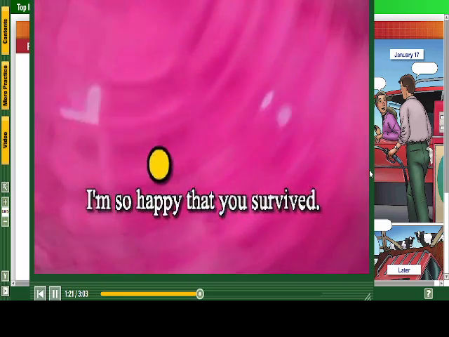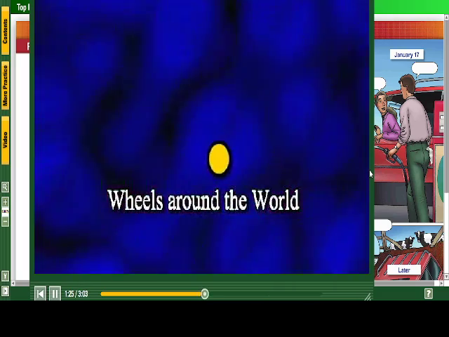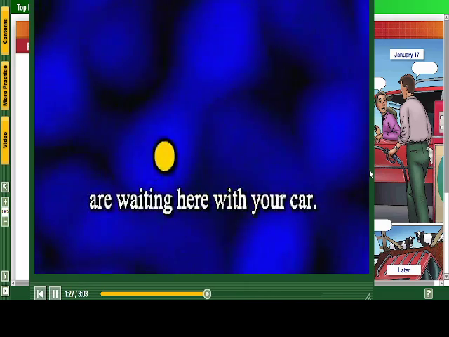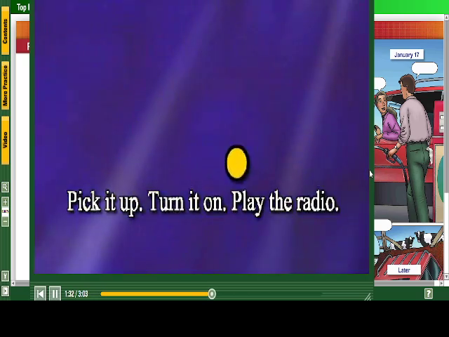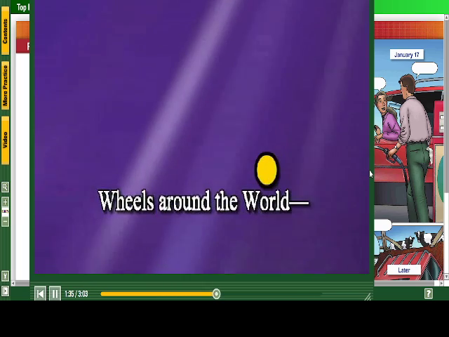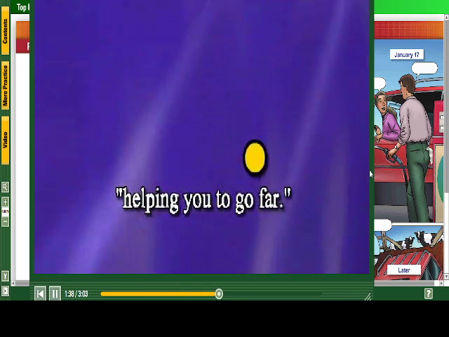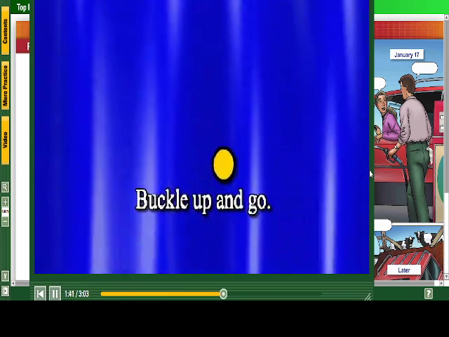I'm so happy that you survived. Wheels around the world are waiting here with your car. Pick it up, turn it on, play the radio. Wheels around the world, helping you to go far. You can drive anywhere, buckle up and go.